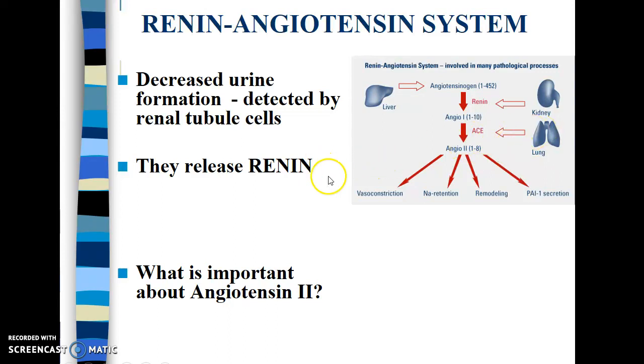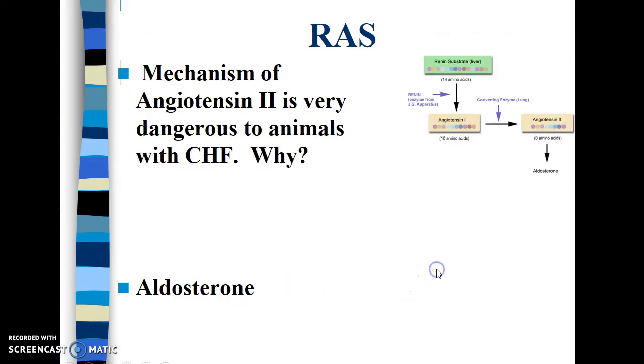It has to do with this diagram showing you vasoconstriction. Angiotensin 2 is a very potent vasoconstrictor in the body. So that vasoconstriction is really important, and angiotensin 2 is very important because that vasoconstriction, now we're going to increase